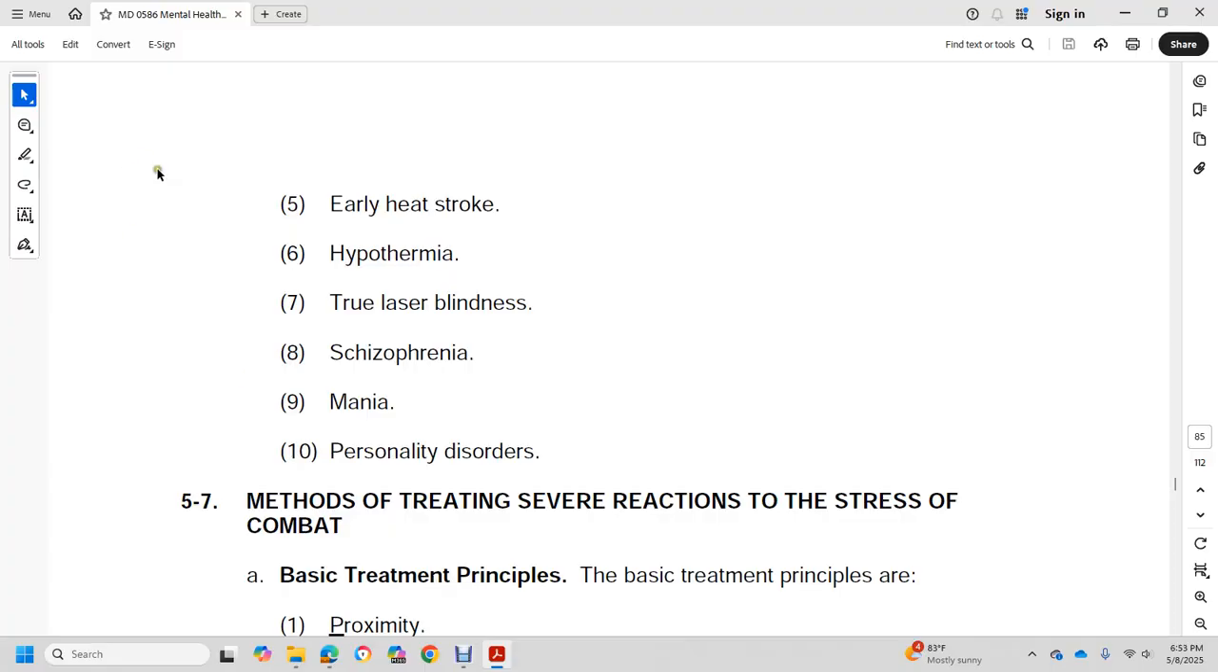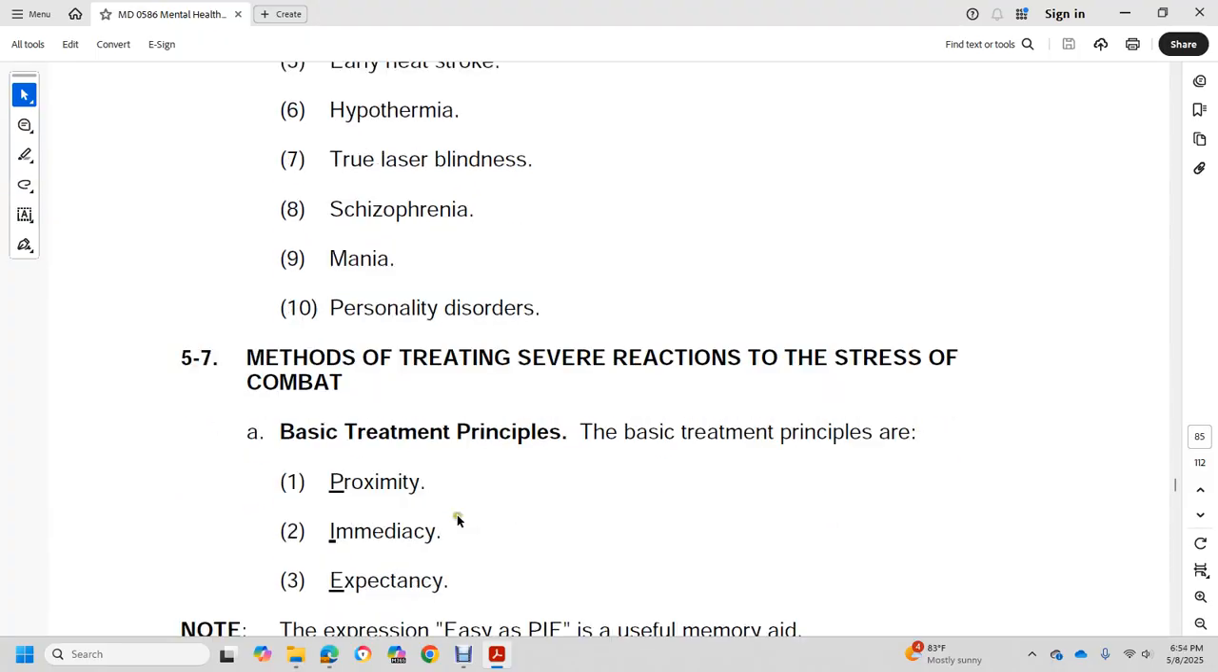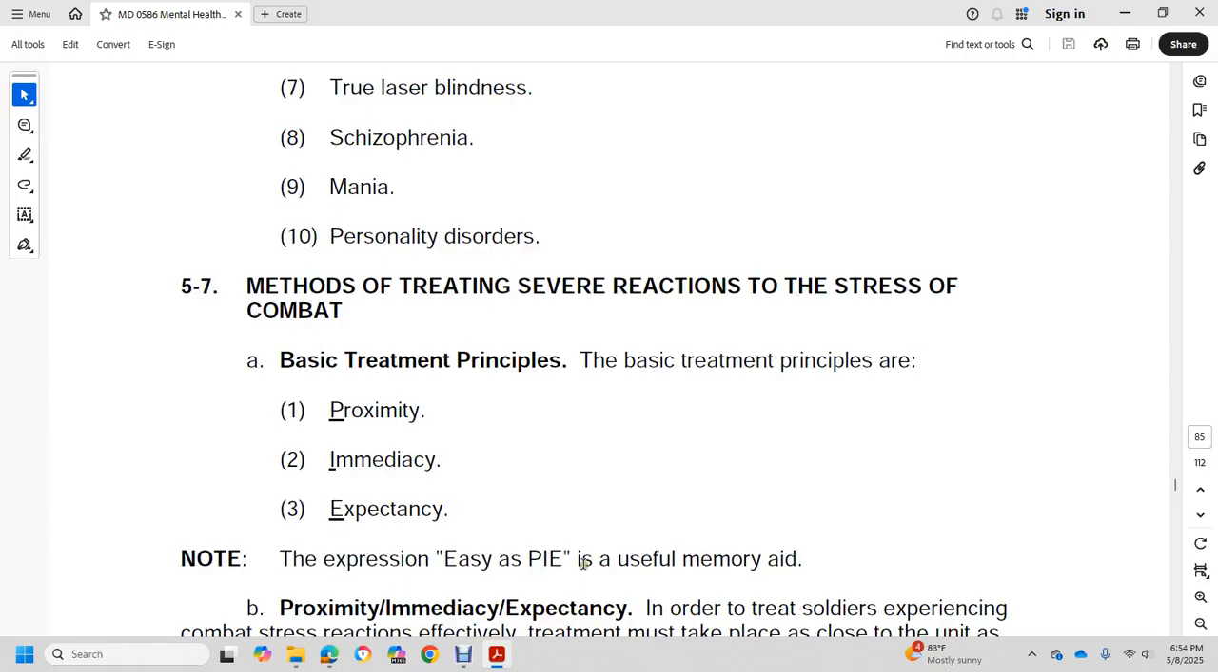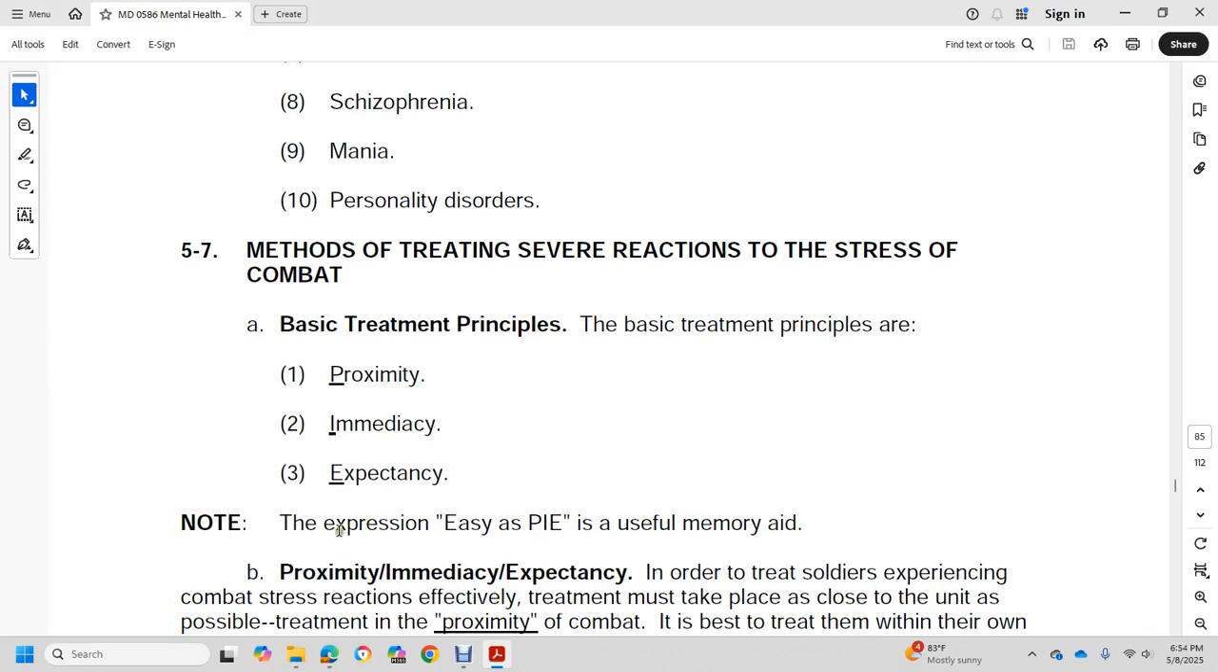5-7, the methods of treating severe reaction to stress: combat and basic treatment. The basic treatment principles are proximity, immediacy, and expectancy. PIE, as easy as pie, is a useful memory aid. Proximity, immediacy, and expectancy. In order to treat soldiers experiencing combat stress reaction effectively, treatment must be taken close to